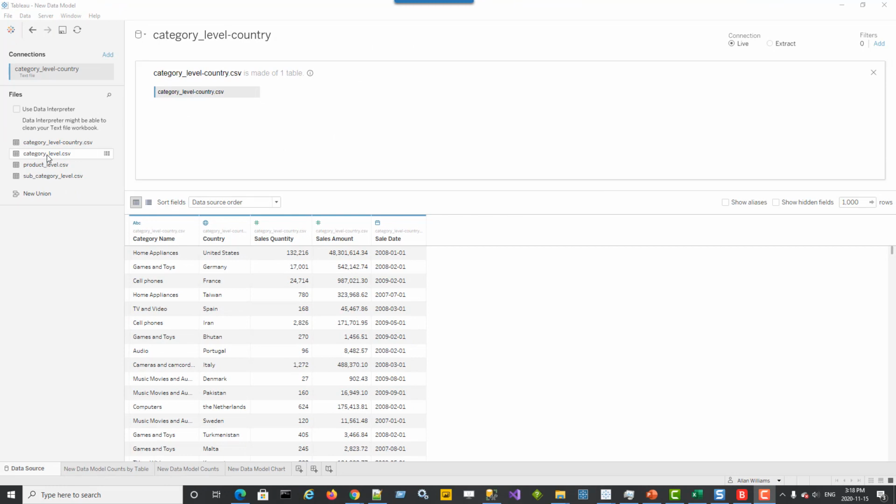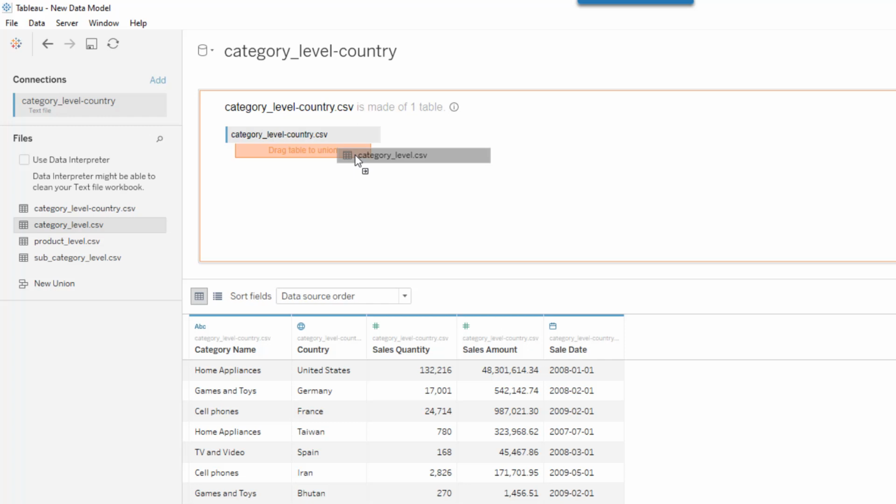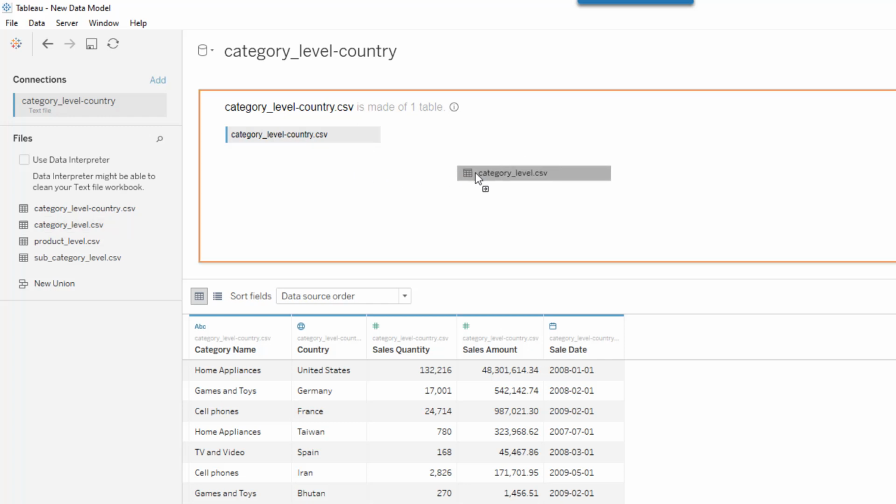So now I'll bring in the other tables and define the joins. I'll just bring in the first table, define the joins, and pause it until I've added the others, because that will take a little while, just to give you the idea of how this works. So I'm going to bring in now the category level, and just so the interface here is different. I don't want a union. I just want to drag it in here and then define the joins. So once I drop it there,